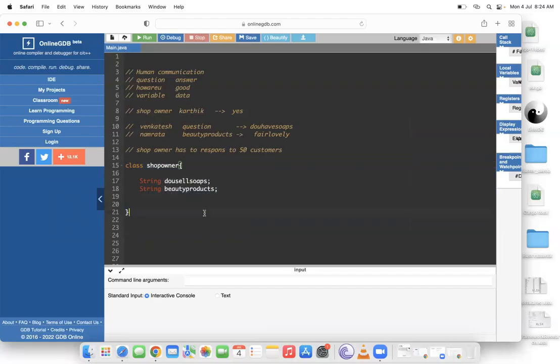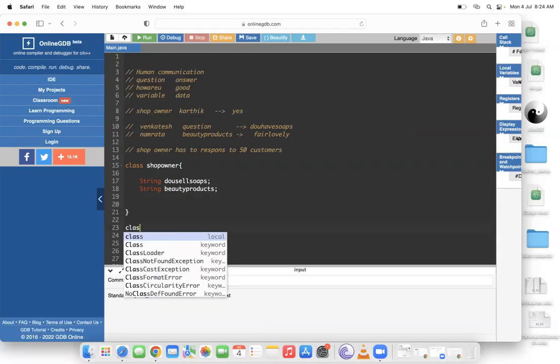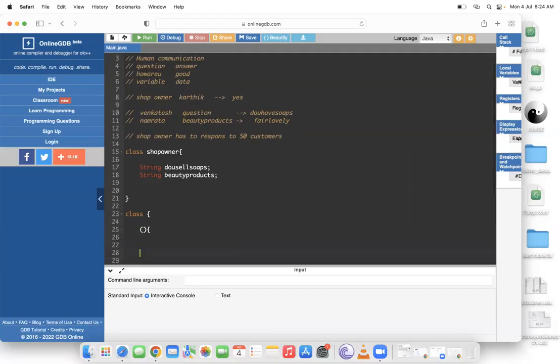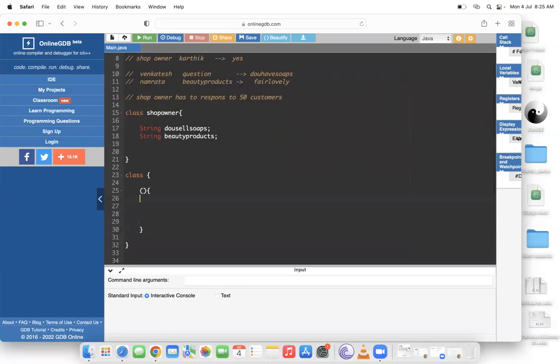Before asking a shop owner about a product, we should first do memory allocation. That's why we write a class. Inside this class, you write down something like this. You write a symbol, and inside this symbol we will do memory allocation. So you write the class keyword and curly brackets, that's the syntax, and this is the syntax of a method, you can say. I'll tell you what a method is also, but before I talk about method,